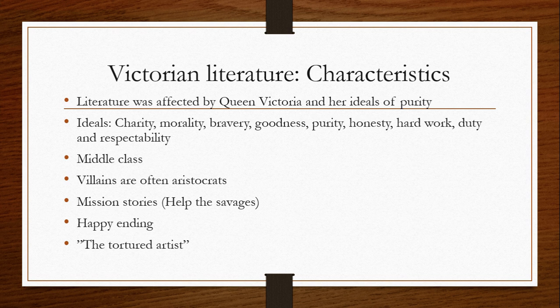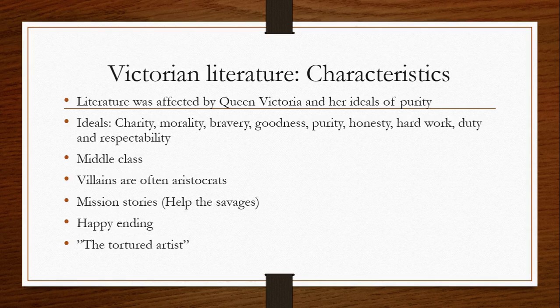A lot of writers here, especially in Britain, are female writers, like the Bronte sisters and Jane Austen, who write about women in middle-class families and how they struggle through life. The hero here is often a tall, dark, and handsome man, called the Byronic hero. So those things are very good to remember.